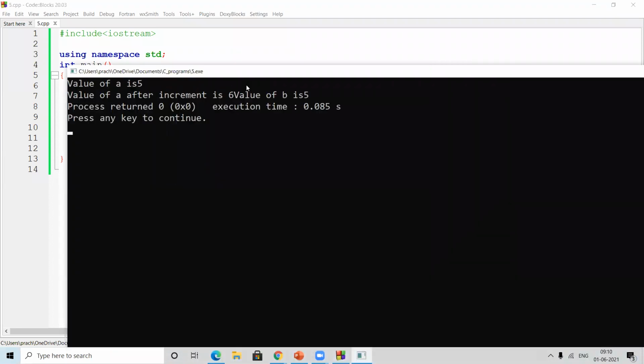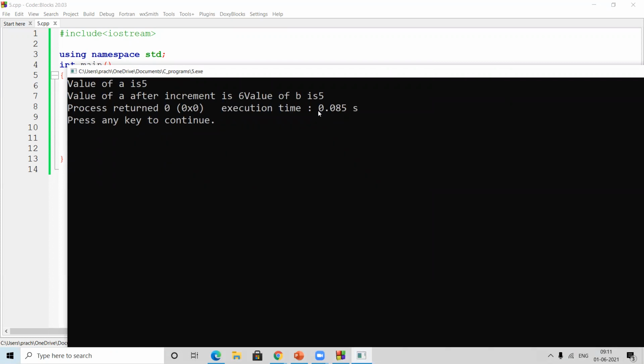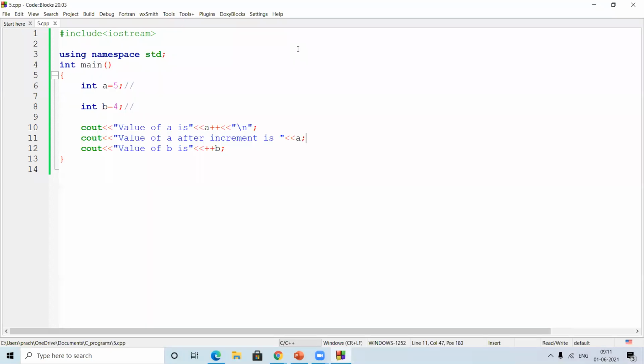What happened over here? Value of a after increment is 6 and value of b is 5. So at that point, when you increment for a post, it is not going to increment, it will be as it is, and then after that it is going to increment. Okay, clear with this? Yes or no?